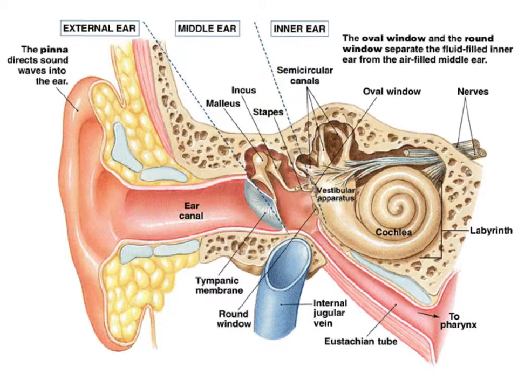The middle ear consists of three tiny bones that are known as ossicles. They consist of the malleus, which is also known as the hammer, the incus, also known as the anvil, and the stapes, which is also known as the stirrup. These three bones take the leftover vibrations, which have been processed through the tympanic membrane, and they pass them on